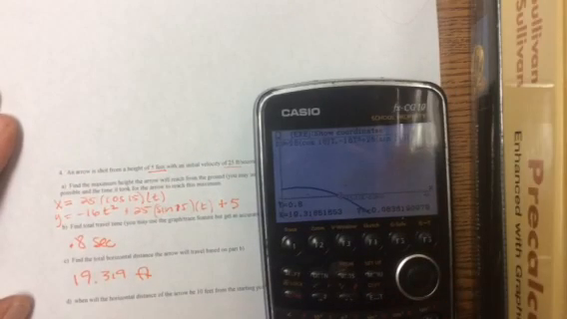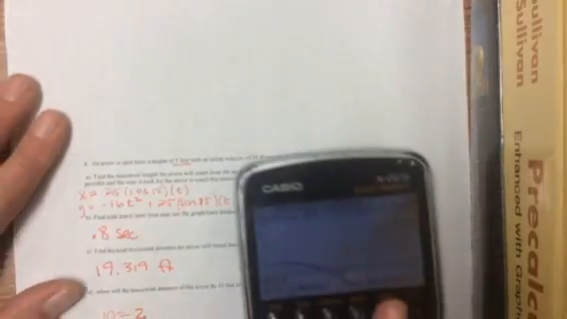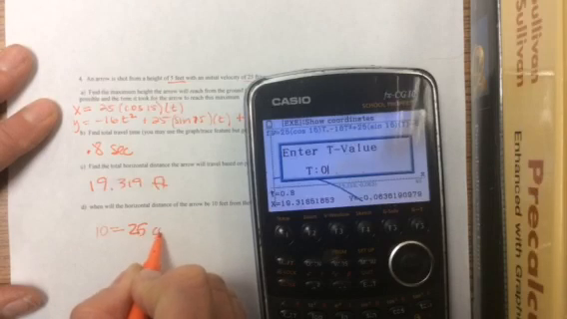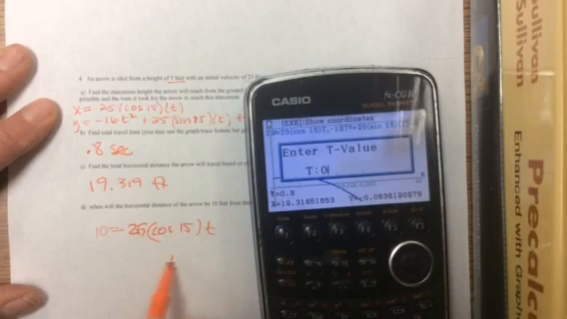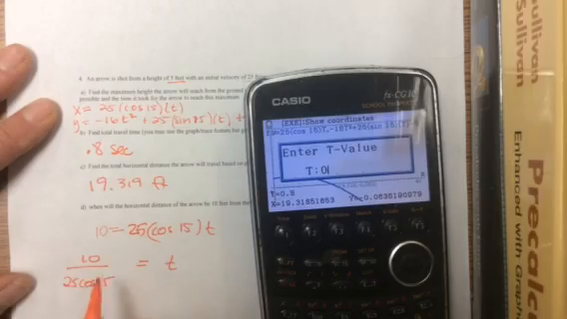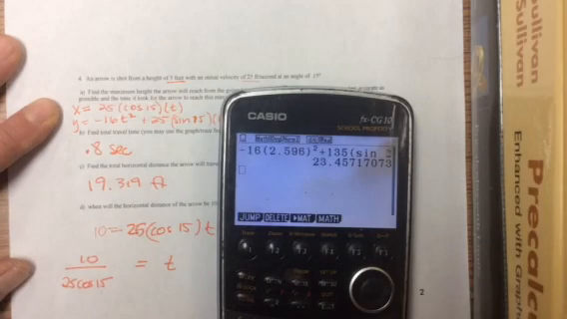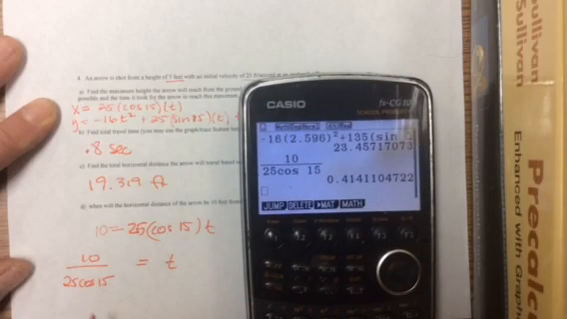So I'm going to set my x thing to equal to 10, because that represents my horizontal distance. And so I'm going to go 10 equals 25 cosine 15 times t. So t is 10 over 25 cosine 15. And I'm going to go to my run matrix and just work that out. So fraction 10 over 25 cosine 15. And, ooh, I don't like that number. I'm going to hit F to D to see, and it's about